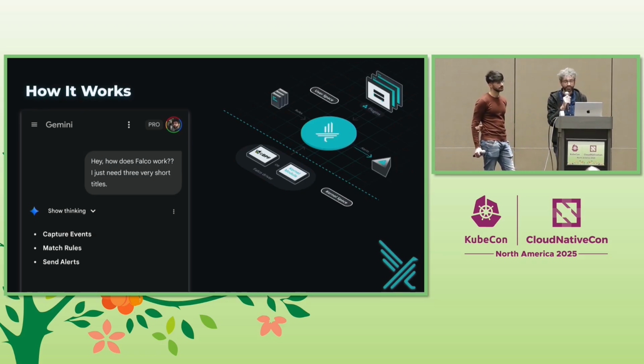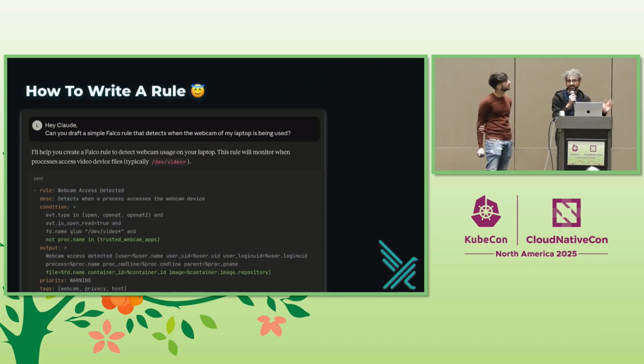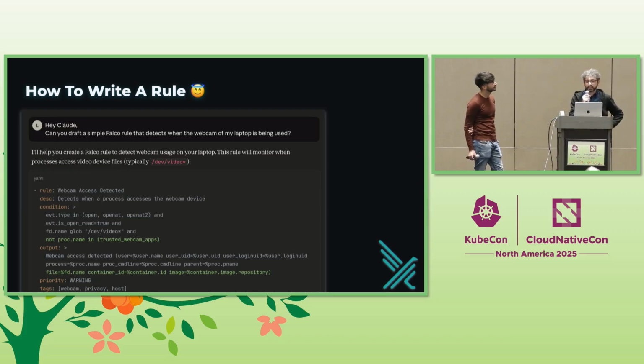It's very, very simple. Of course, to achieve this, Falco ships a default set of rules, but you can create your own rules to customize it for your own environment or use case. And since LLMs are very good at creating code, they are also very good at creating Falco rules, so this time I asked Claude. And surprisingly, I asked for a rule that I used in a demo a long time ago, and it created a similar rule on the first try.